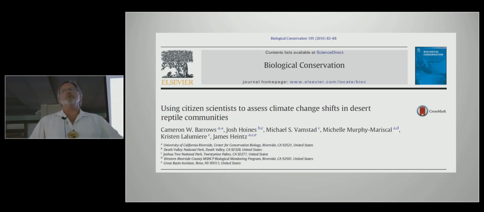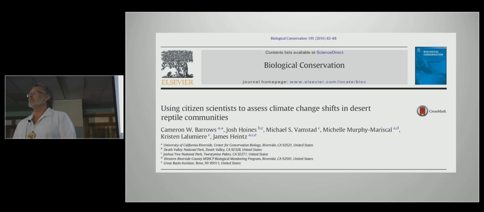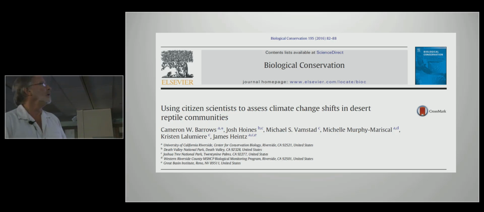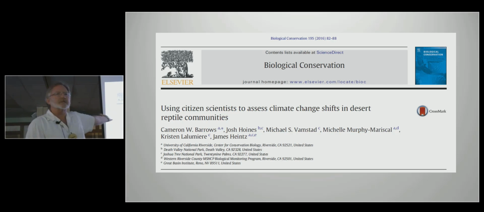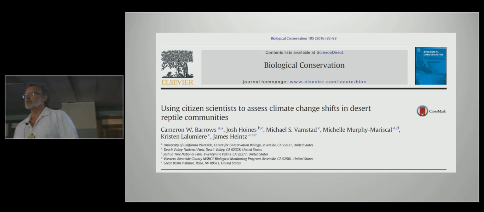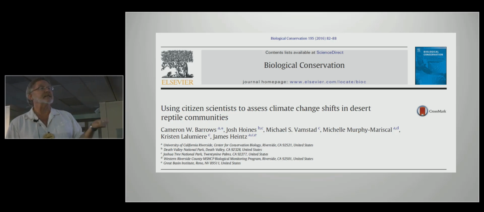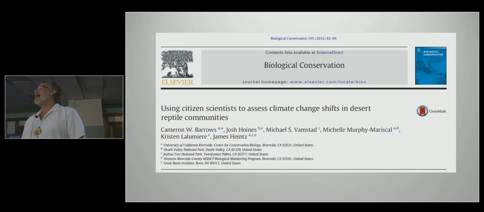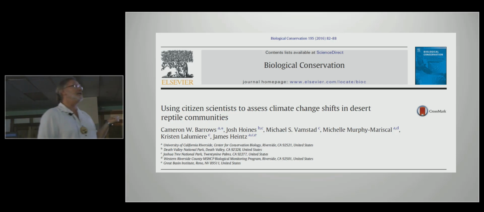But when we had a group, 5 or 6 or 10 people that came out with me, we saw so much more, the data was so much better. And so this is basically what this paper says: that using citizen scientists, at least in the way we were, which again is shoulder to shoulder with the scientists, made a huge, huge difference in the quality of the data and the amount of the data that we were able to collect.